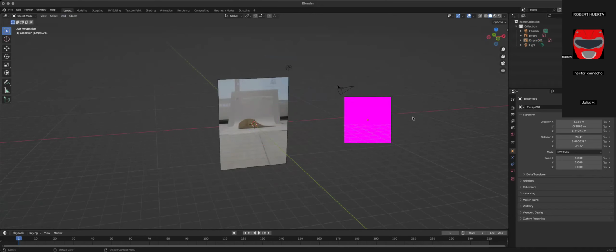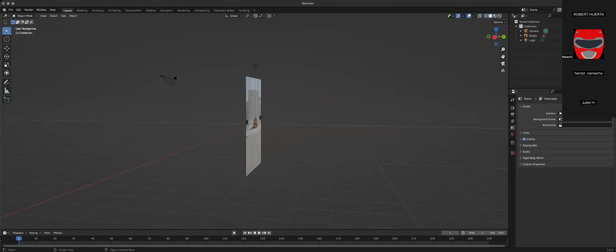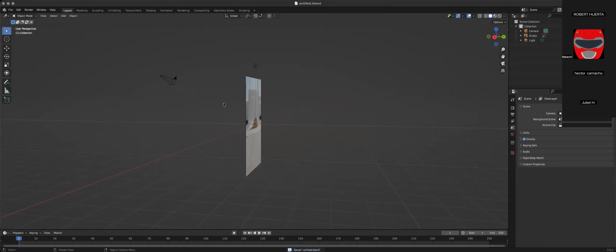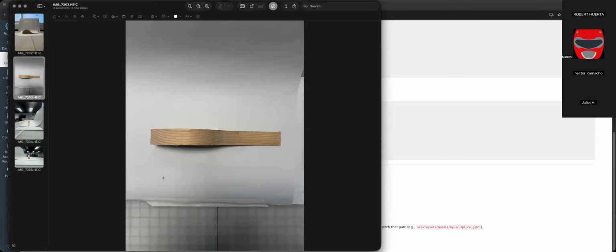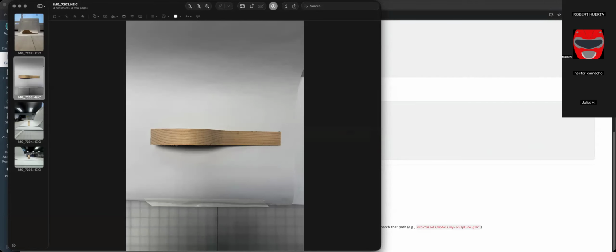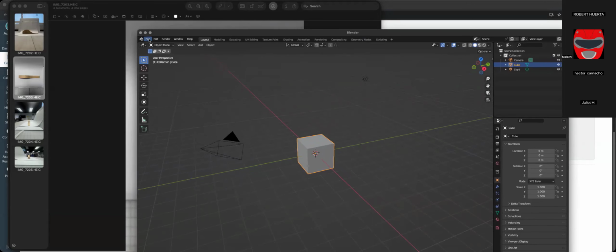Okay. You might need to close the file, open it. File, open,